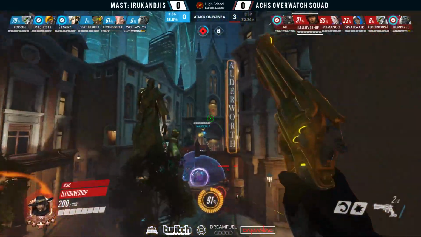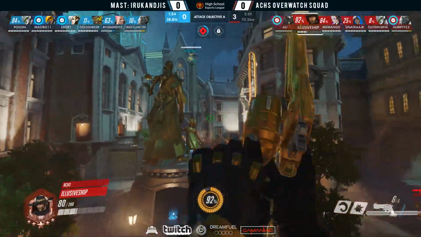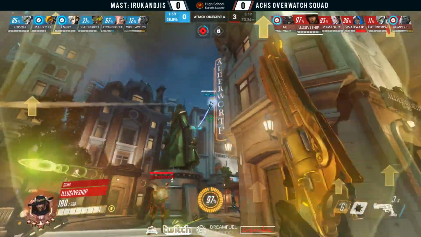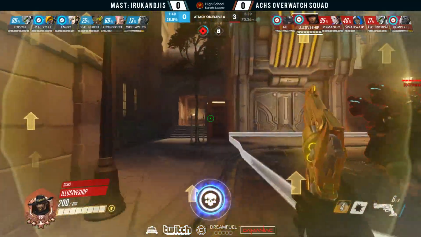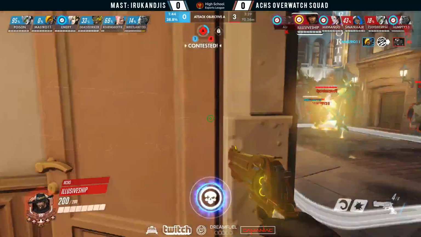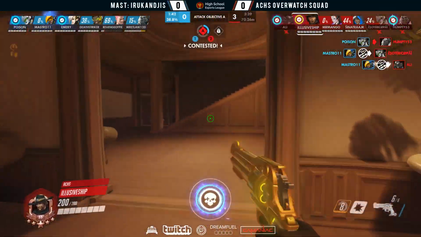Roadhog does get a pull onto Zarya. Zarya's going to bubble, try to defend herself in this one, and is able to. Roadhog's going to back up a little bit. Pharah's going to get some damage onto the backline. Ana getting half health by that one shot there. Roadhog's going to get a pull under them, and Pharah's going to ult on top of two, and she's going